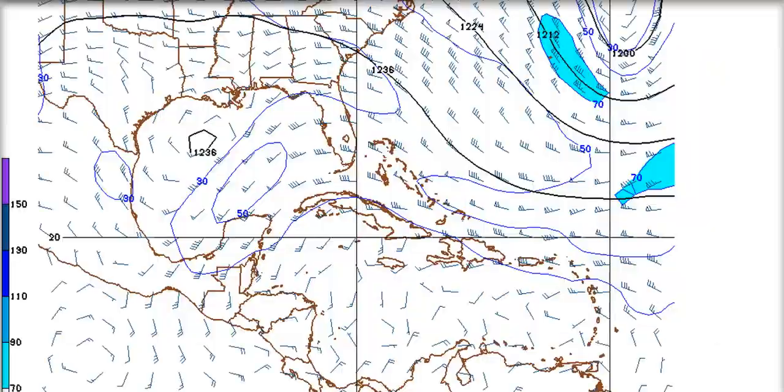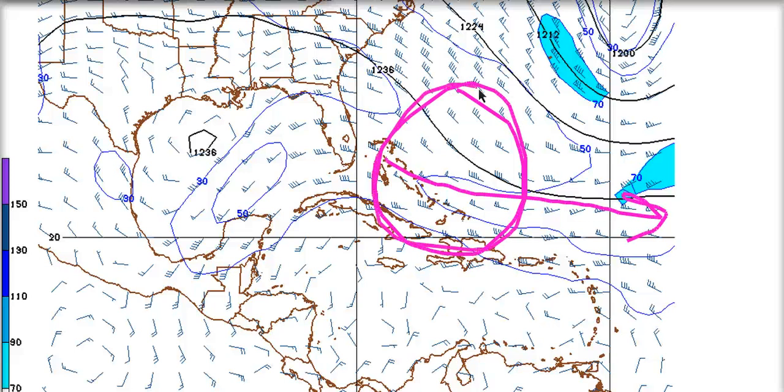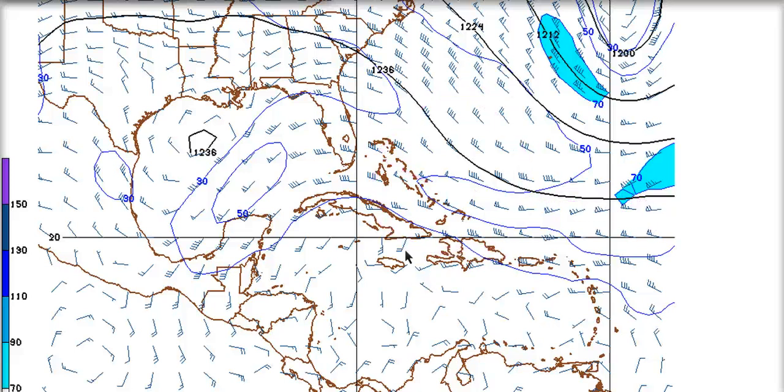If we look at the GFS 200 millibar, 84 hours, notice that trough here again that's diving into the western Atlantic. Notice what it does to the upper winds here. They're out of the northwest now in this area. This is now a confluent zone. Right now it's a divergent zone, which is why we have all the convection going off in here, because the winds are divergent. Once they become confluent, that means air is piling up aloft. When air piles up aloft, it's forced to sink downwards toward the ground, and sinking air is not conducive for